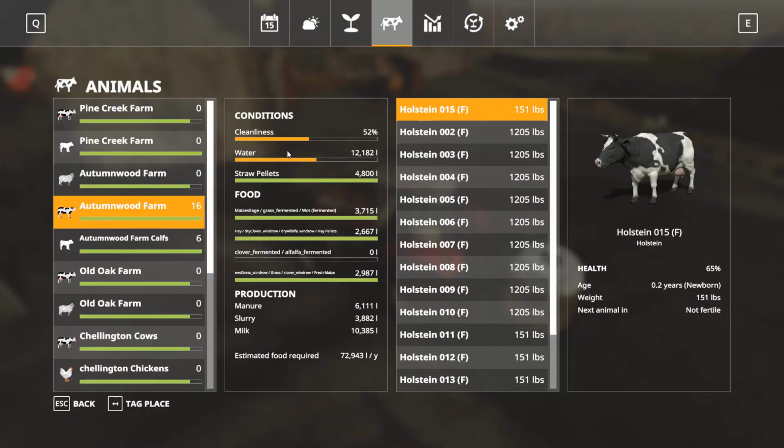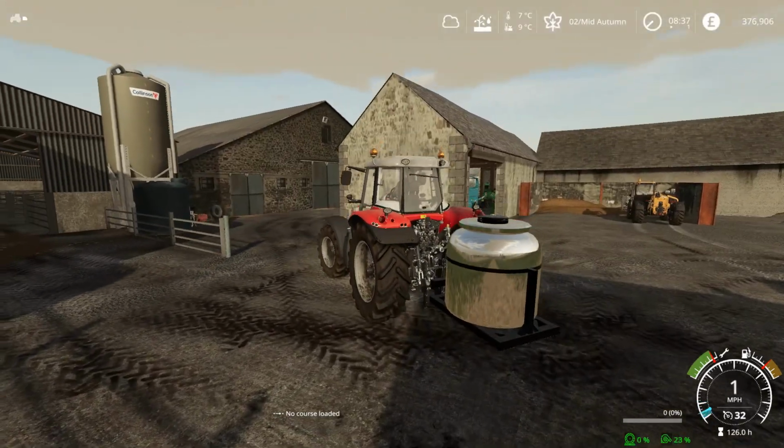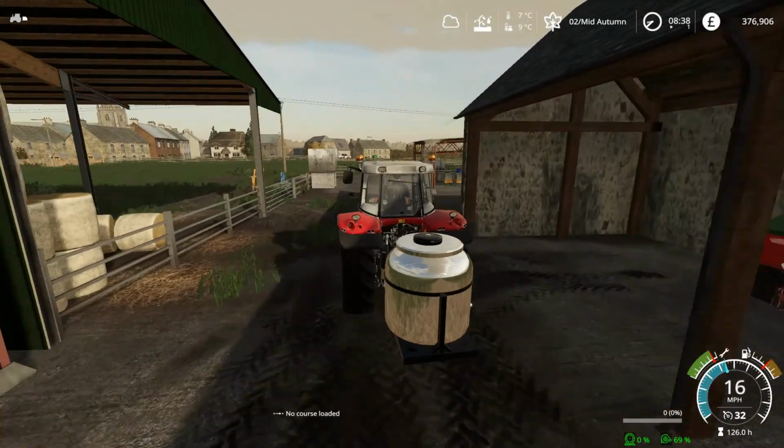Right, so let's check them. Cows have sorted. So see, it fermented, and I thought it had to be a hay. I thought it had to be dry. So hopefully it's not dried. I know the grass is dried, but hopefully they'll have enough for today. Okay. Hopefully it won't have dried too much. I've got the baler in there ready to go,